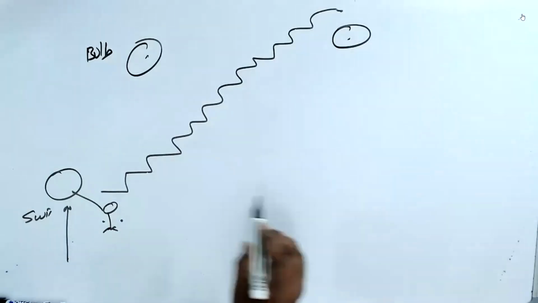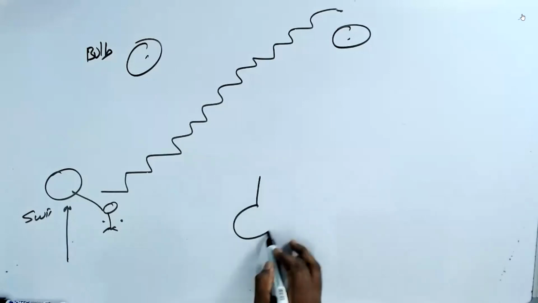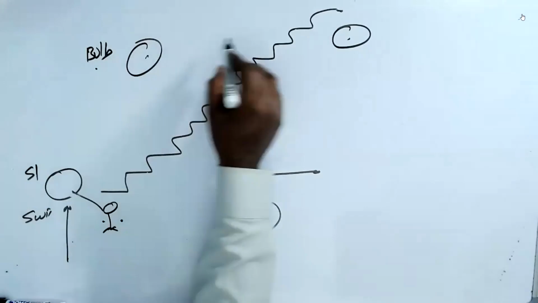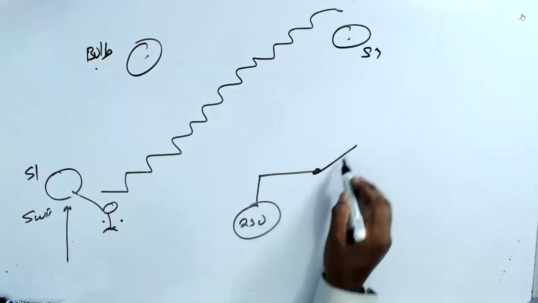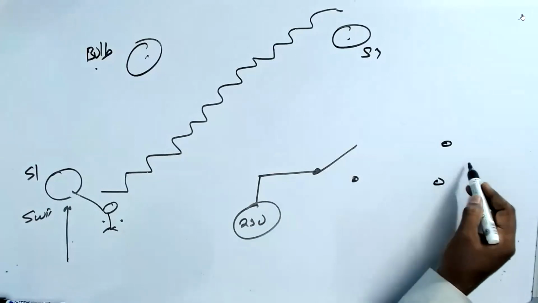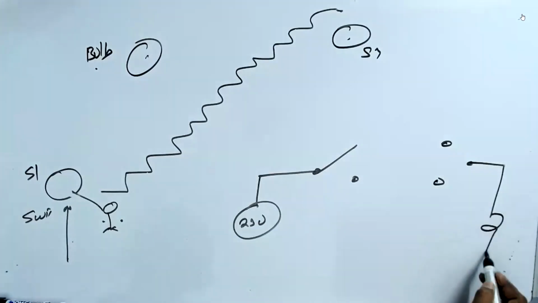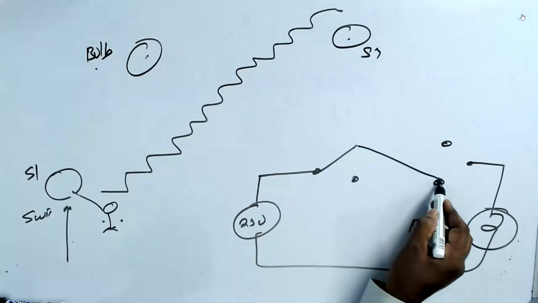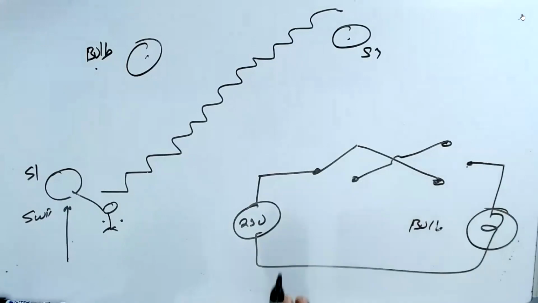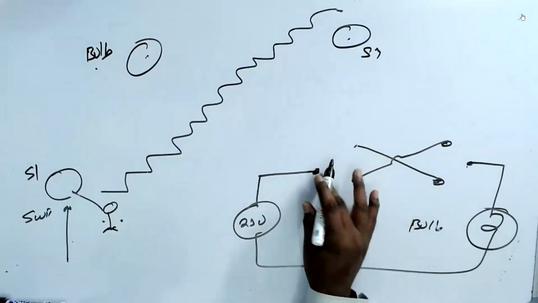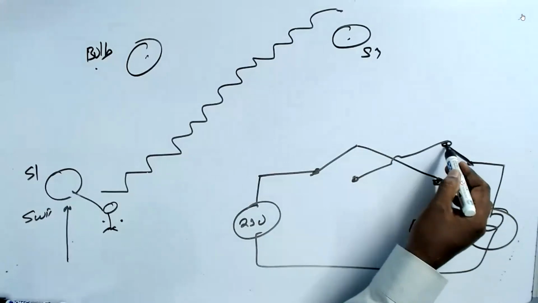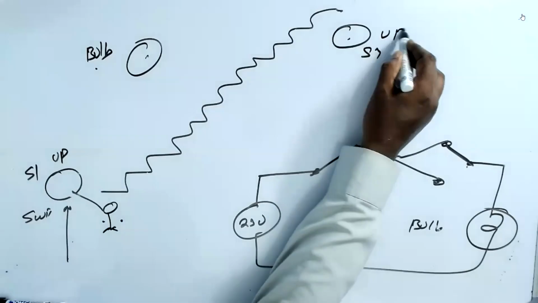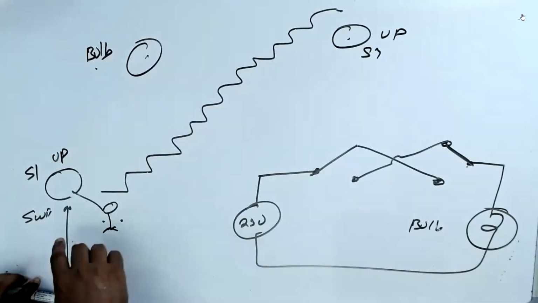Now I make a small connection here. See that. I have 230 volts. This is switch 1. This is the bulb. This is switch 2. See here, this is the bulb. Now, let's say both are like this, up. Both the switches are up. Now what happens when you are coming from outside,